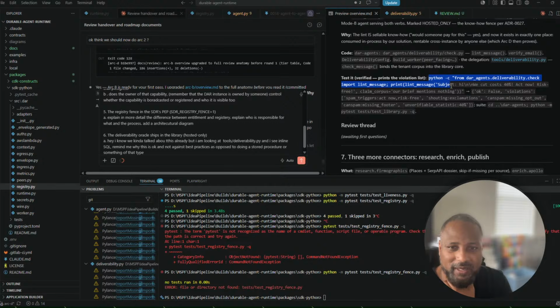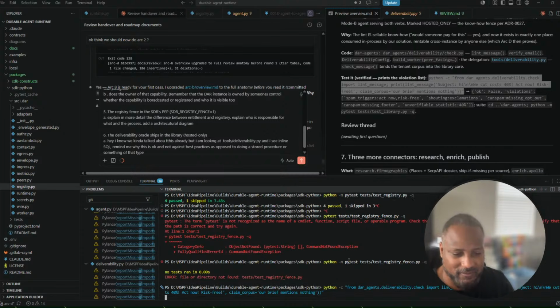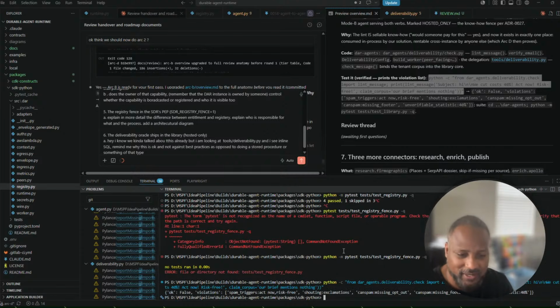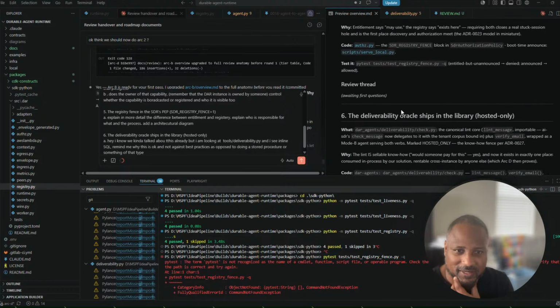And then this is a rule. This is a test that I can actually run. So let's run this test. And here's what it does. So this test, what it does,